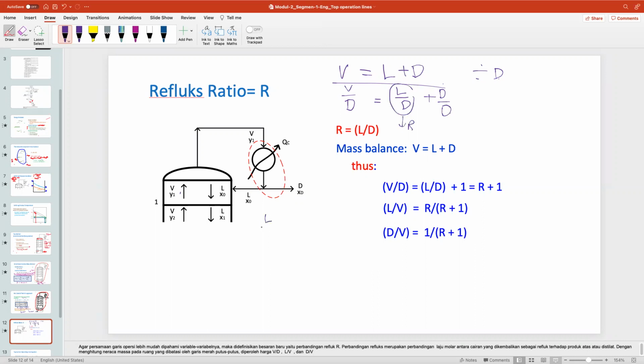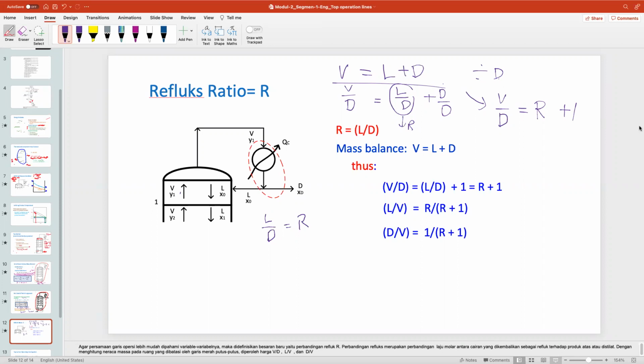So we can get that V over D is actually equal to the reflux ratio plus 1. That is much easier, because in the distillation column control process,